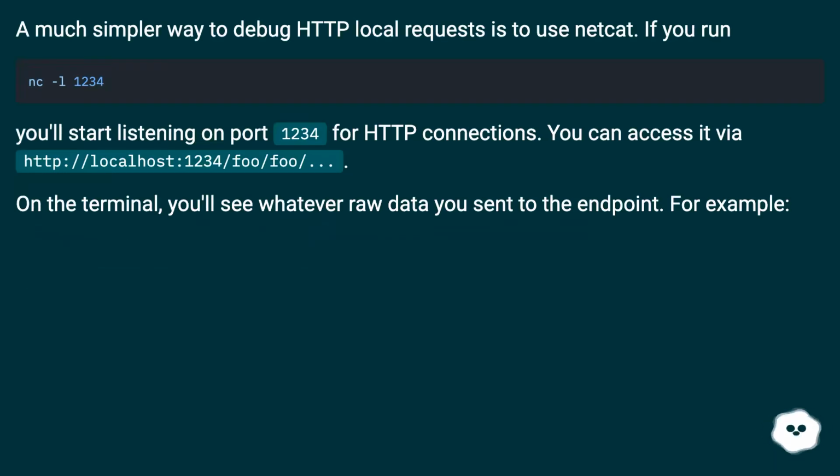A much simpler way to debug local HTTP requests is to use netcat. If you run it, you'll start listening on port 1234 for HTTP connections. You can access it via http://localhost:1234/foo/foo/. On the terminal, you'll see whatever raw data you sent to the endpoint. For example,